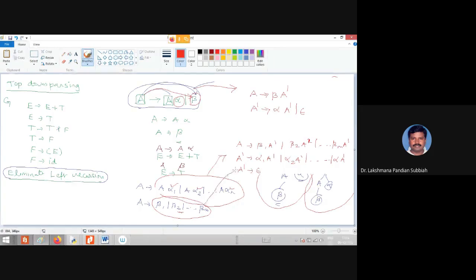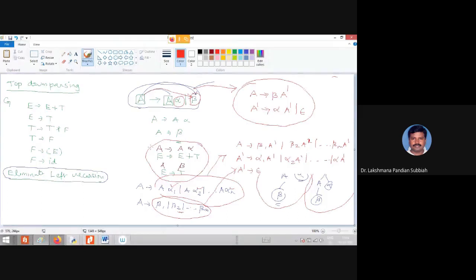For a single alternative, you have to go for this case, right? Now for this our grammar, we are having only one alternative, A derives A alpha or A derives beta. Now this one is going to be converted to this form, right?